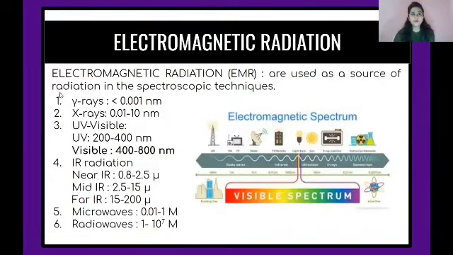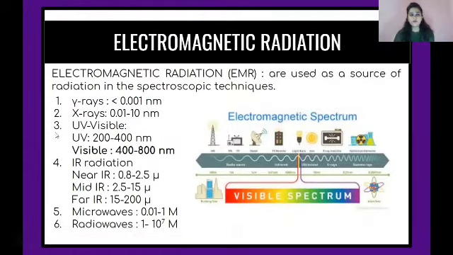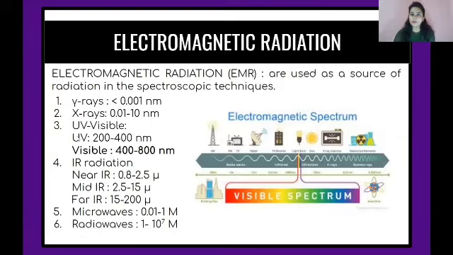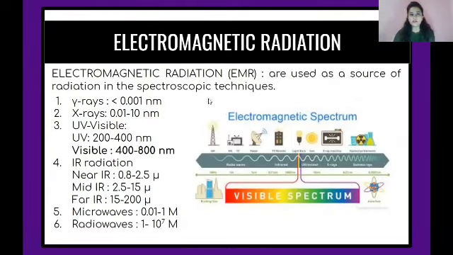Now we already know that the electromagnetic spectrum is generally bifurcated into 7 different categories. However, I have only shown 6 categories over here, wherein the UV and visible are taken separately or considered separately when taken into consideration. The electromagnetic spectrum can be arranged in any order, but for simplicity we have taken it in decreasing order of energy.